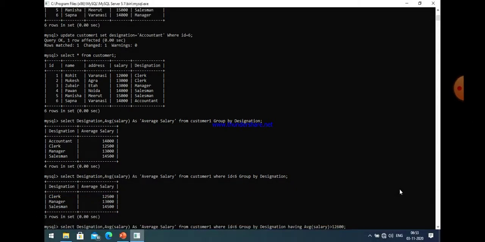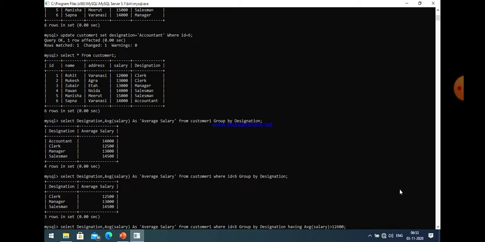This is a very important point. Now the condition applies on the group, and the group is formed on the basis of designation. So always remember that if there is a condition on the group, or the condition is related to an aggregate function, it must be used with the having clause, and the having clause is used just after the group by clause.